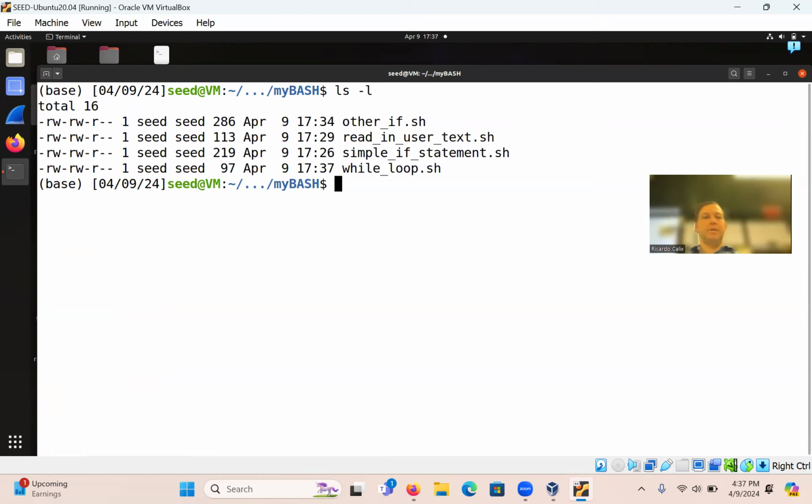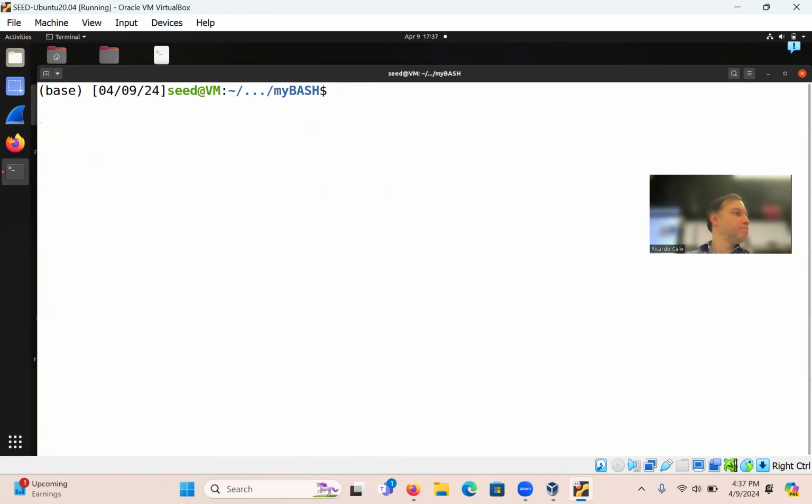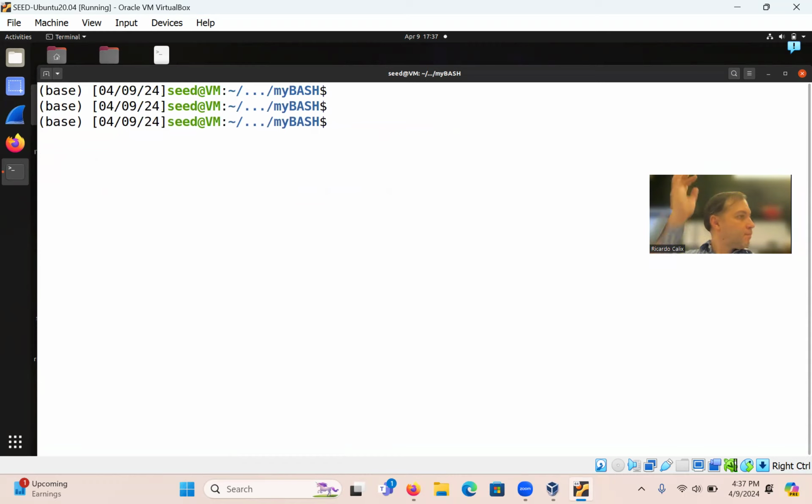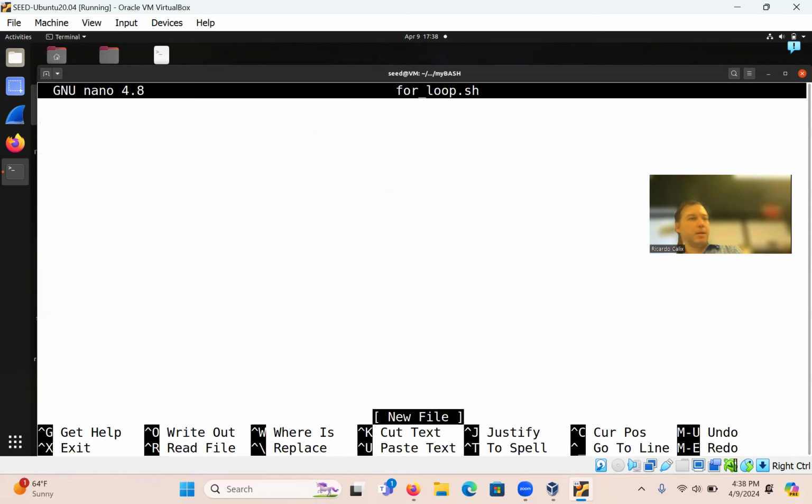All right. Go ahead and do a for loop. Nano, let's say for_loop.sh. Okay, so again, shebang, #!/bin/bash. So now for, notice the parentheses again.